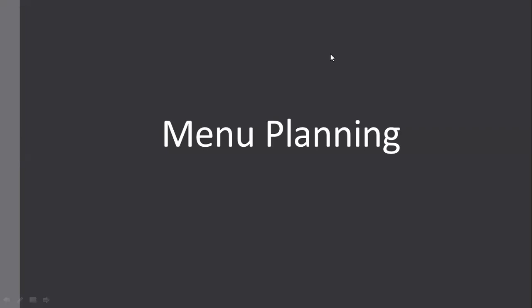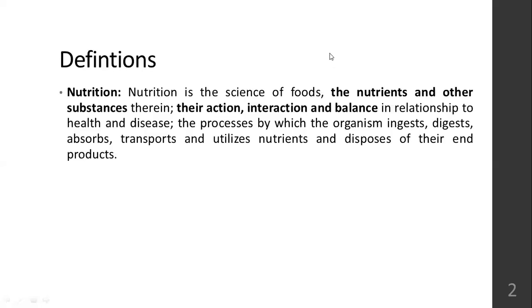So, starting with the chapter, some definitions. Nutrition. What is the definition of nutrition? It is a science of food, the nutrients and other substances, their action, interaction, and balance. How vitamins, minerals, macronutrients interact with each other, what their functions are within your body, how a balance is created between these nutrients, how they are related to certain disease conditions,